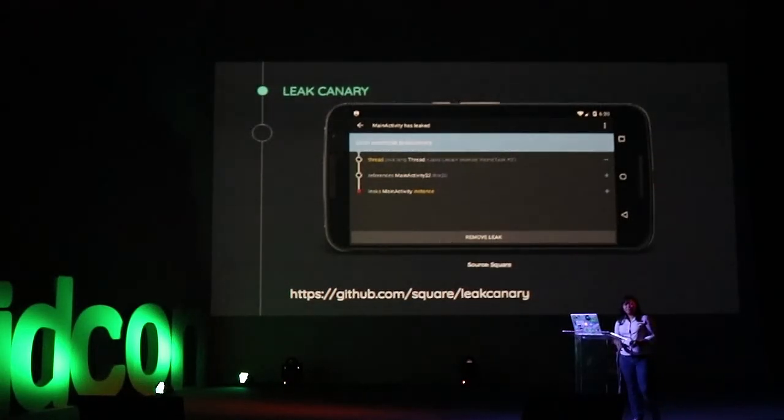It has a very good looking UI. It looks very neat. It has M style permissions too. So it will show you the leaks, but you can actually save it to a file and email it to someone else in your team. And it keeps track of all the leaks it encounters in one screen. So if you don't want to create separate issues for it, you can just look at the Leak Canary app and see what leaks you have to fix.